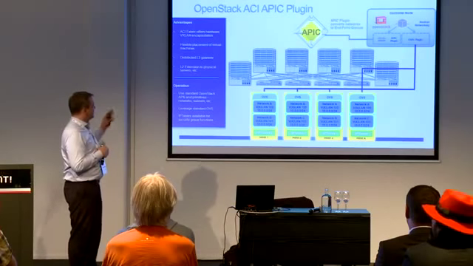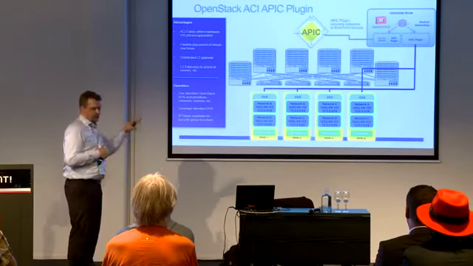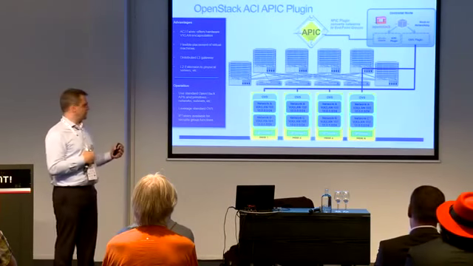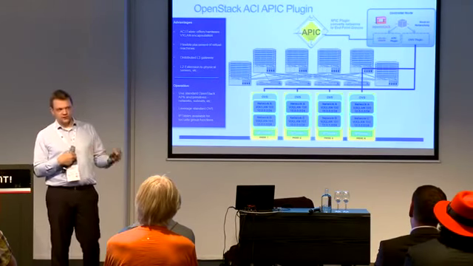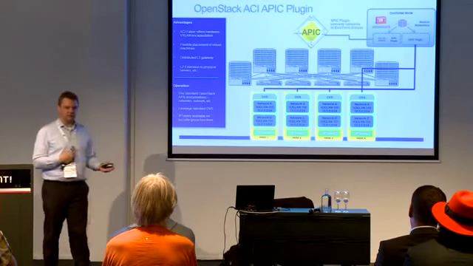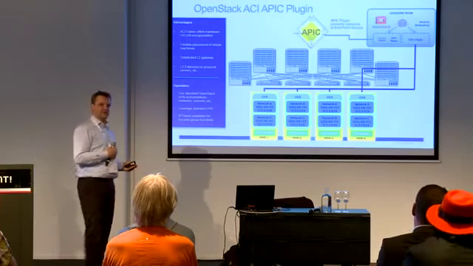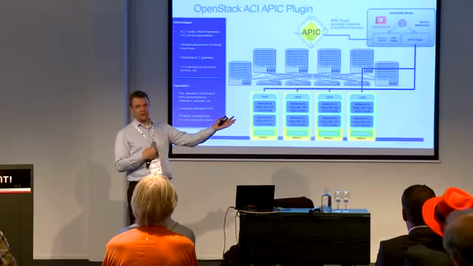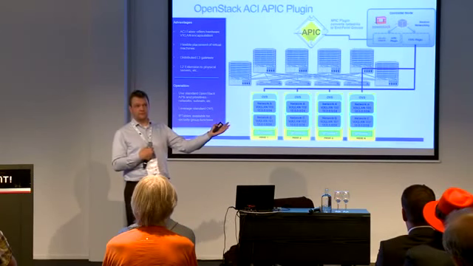Now, looking at the way that we've set it up right now, right? So this is today's way of working. And the initial installation, basically what we're waiting for right now is a Juno release. So when Juno comes out, we'll have that group policy API and you'll be able to use it. Doesn't mean that you have to have Cisco hardware to use it. Any other vendor that wants to write a plugin for the group policy API can do that.